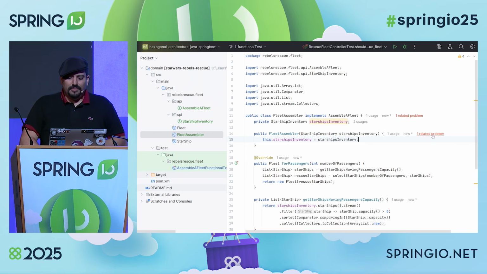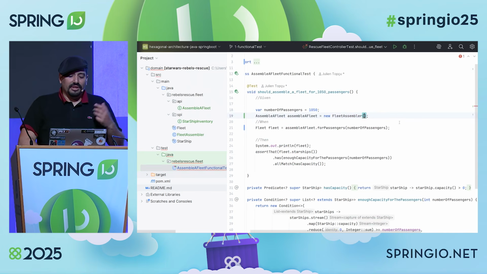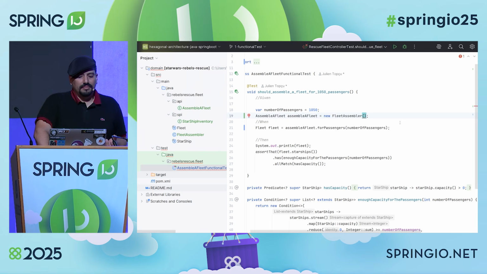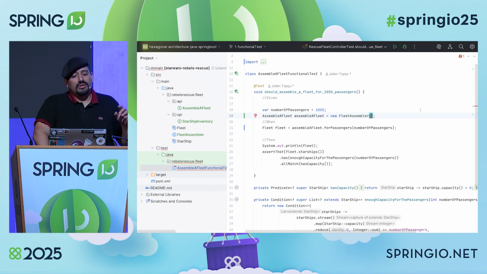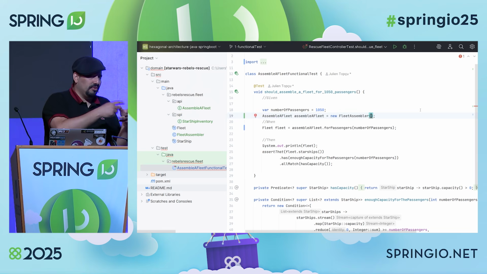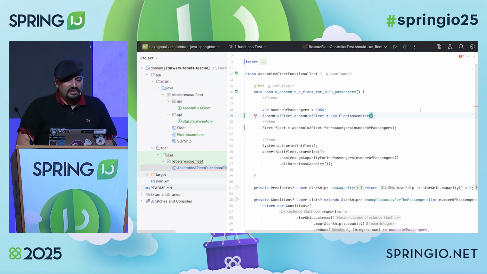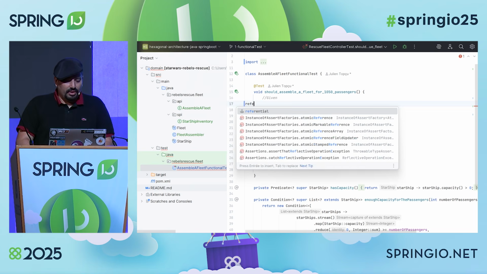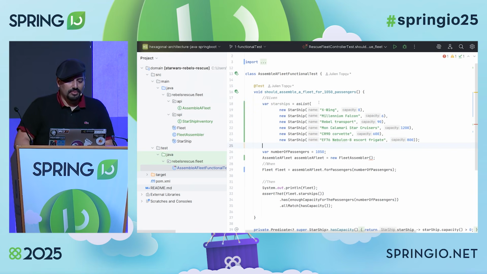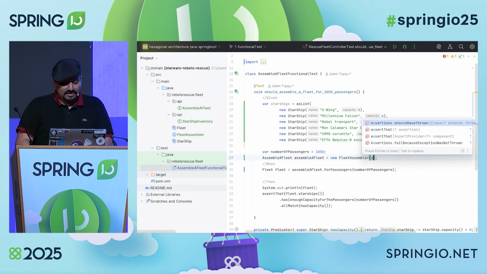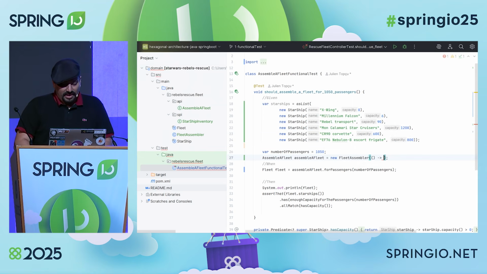OK, so I have one problem here. It's because the functional tests require as well a starship inventory. So even in the test of the domain, you cannot rely on anything technical, because you want the domain and its related test, which is responsible to test the business logic, to be agnostic from the technical part. So here, we will simulate what is swappy using a stub. To do so, I will inline one referential here of fake starships with little ones and really big ones. And we simply pass that here as a Java lambda, and it should do the work.